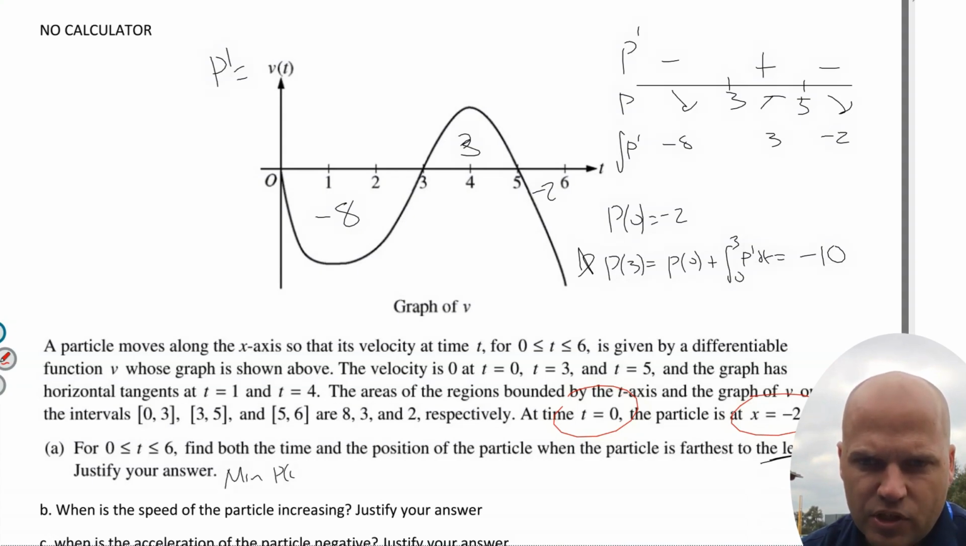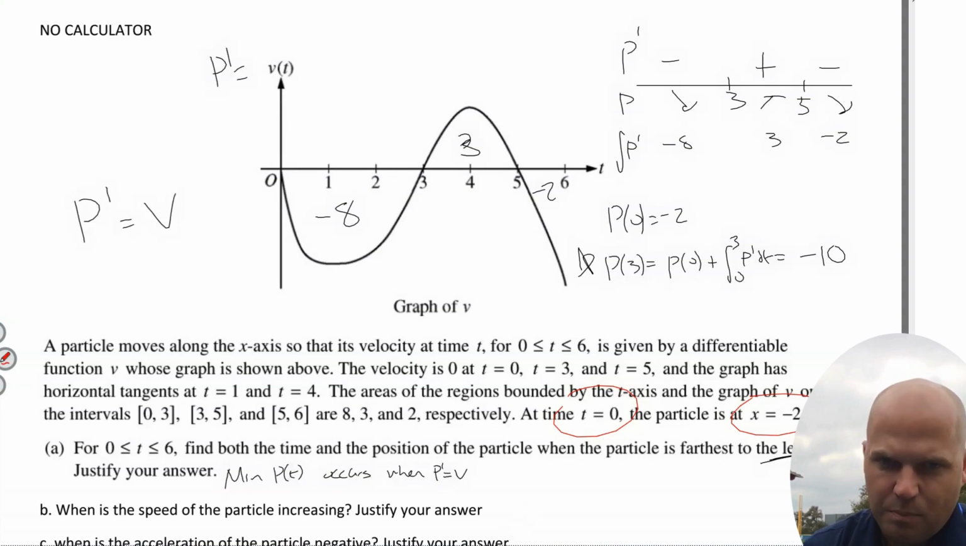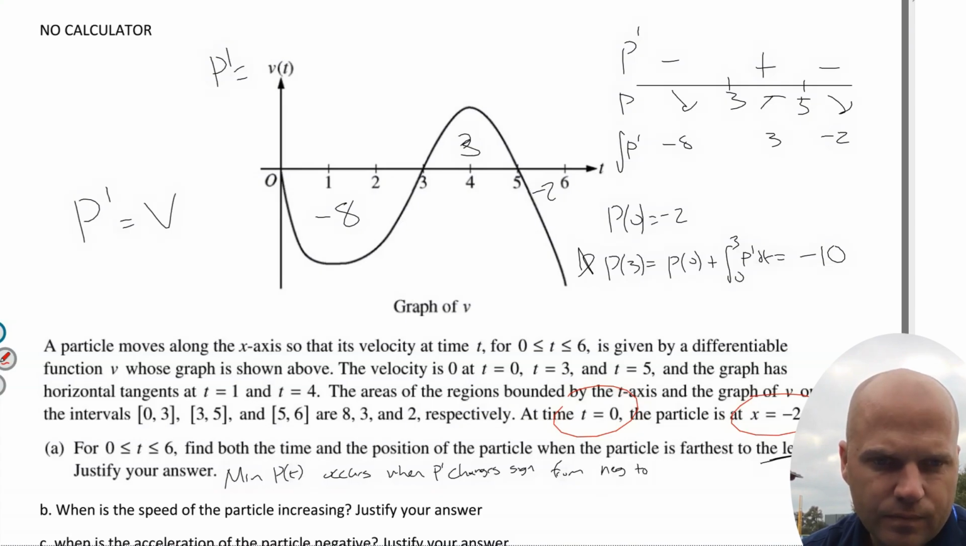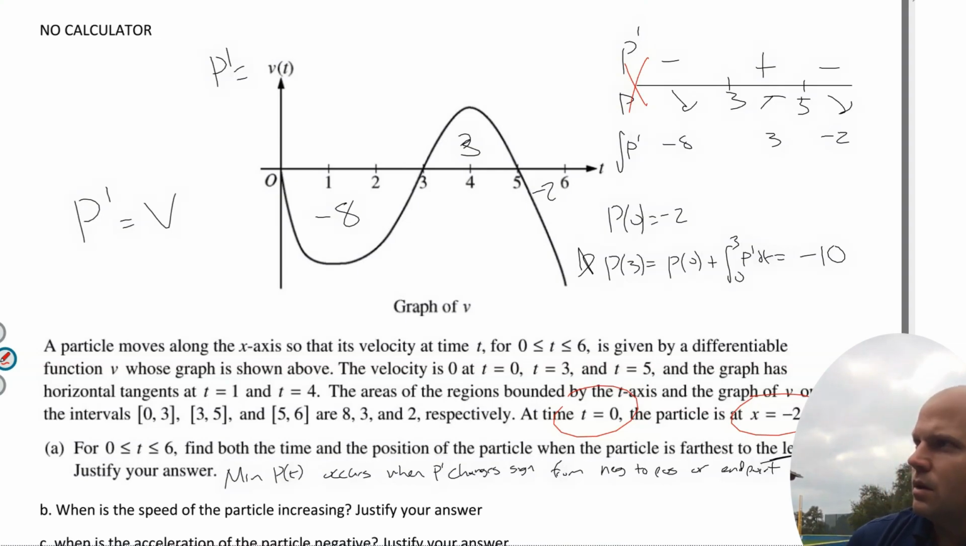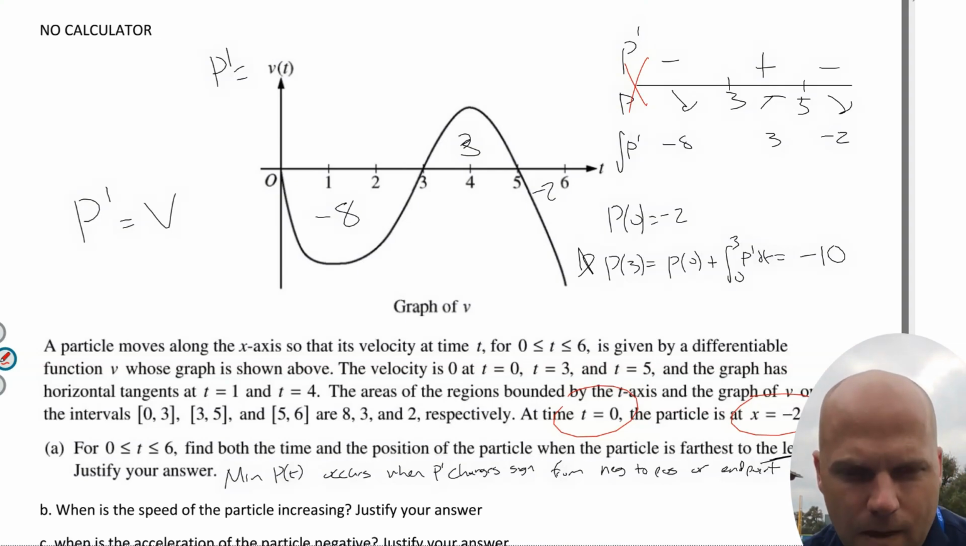A min position occurs when P prime, which equals V, I need to have P prime equals V somewhere. Min P occurs when P prime changes sign from negative to positive or an endpoint, because I have some candidates that I have to check. I know 0 can't be a candidate, but I have to say,